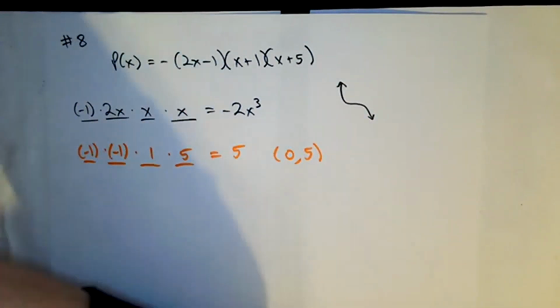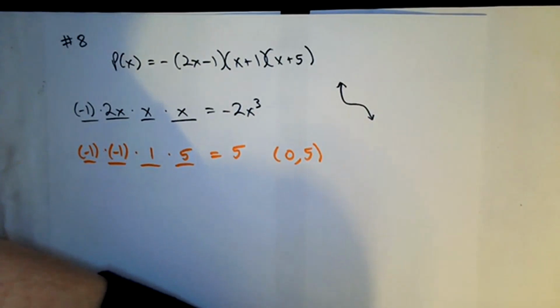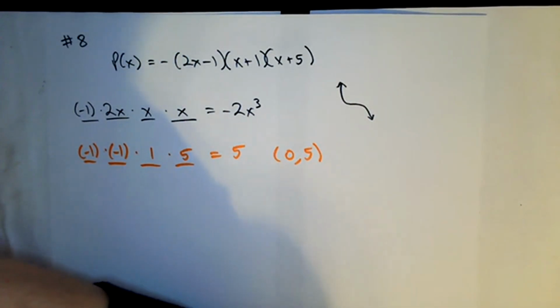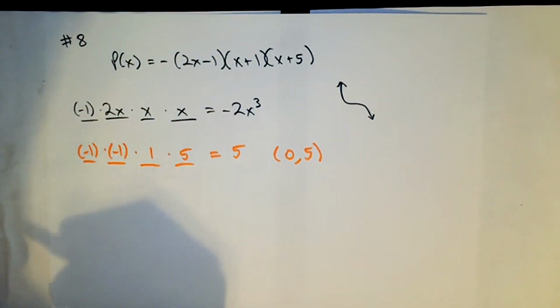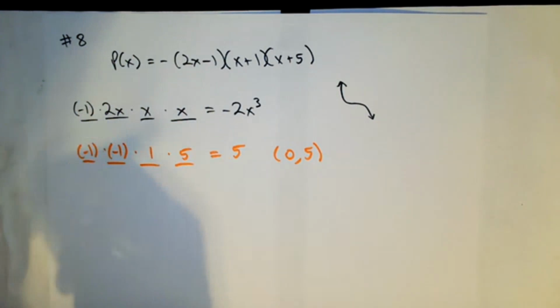Now go look at the answer choices. Only one of them goes through 0, 5. One of them goes through 0, 10, for the ones that point down like that. So you'll be looking for the one that